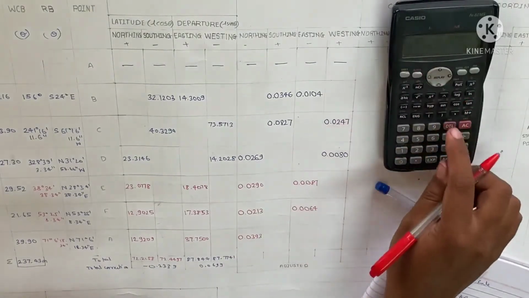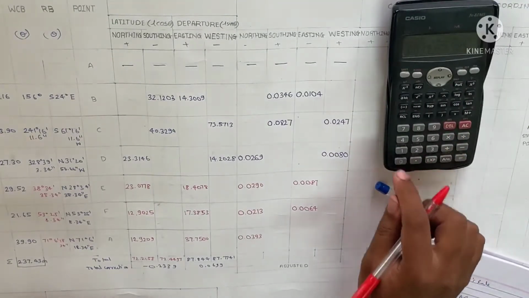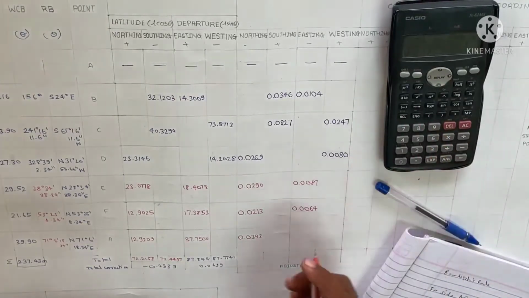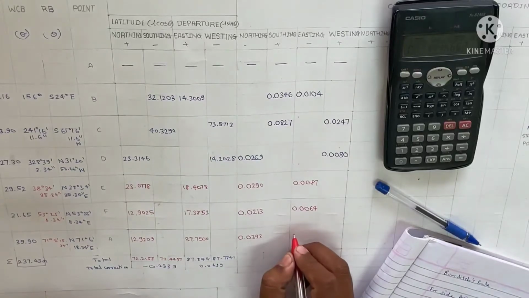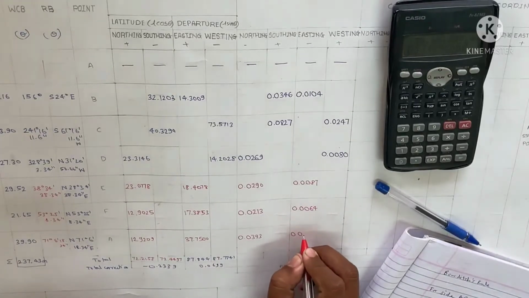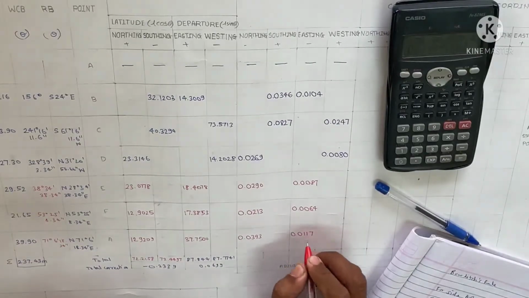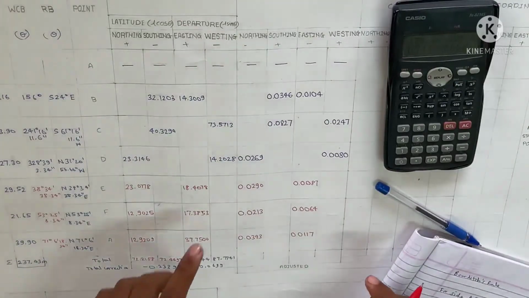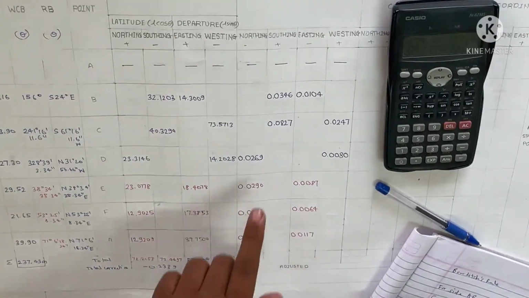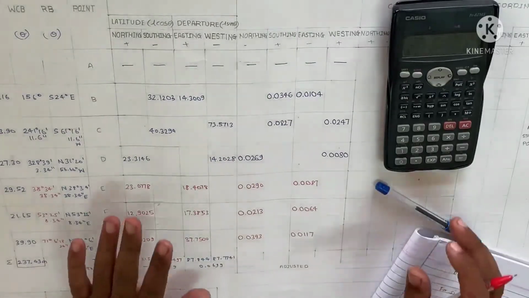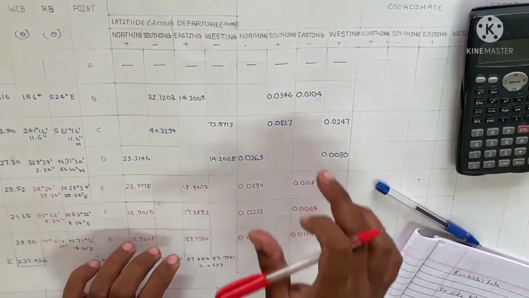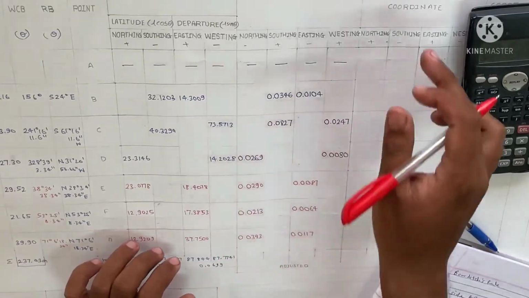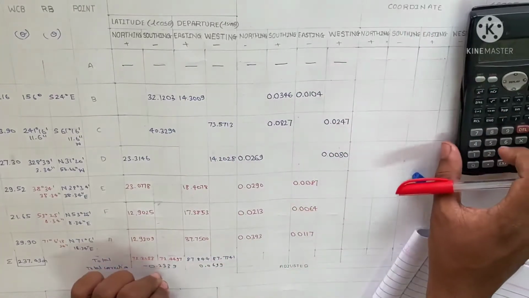And correspondingly, in order to calculate the correction for the departure, we are going to take the error in departure, that is 0.0699. So that is coming out to be 0.0117. Okay, got it. So likewise we are going to do the calculation, and right now we are going to do the addition of all this again, northing, southing, easting, westing. Okay, and whatever the corrections are required, that we have calculated, and as per the requirement, whether it is to be added or deducted, then likewise we are going to go for the calculation of corrected consecutive coordinate.